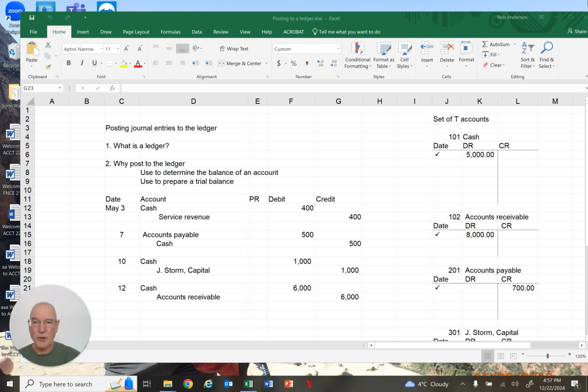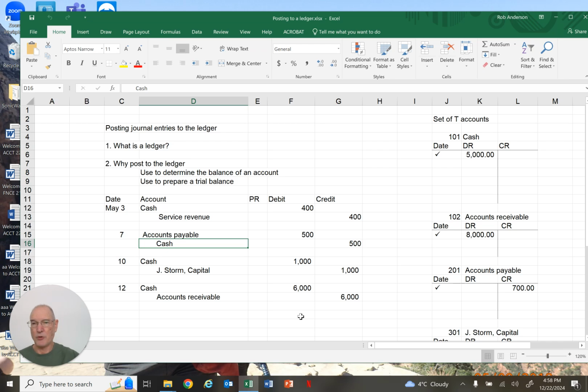Okay, so let's look at our 4 journal entries really briefly. I have a debit to cash and a credit to service revenue. So $400. I just made up these numbers, they don't mean much. So here's providing services for cash. Then I've debited accounts payable, credited cash, and you can probably figure out this means I